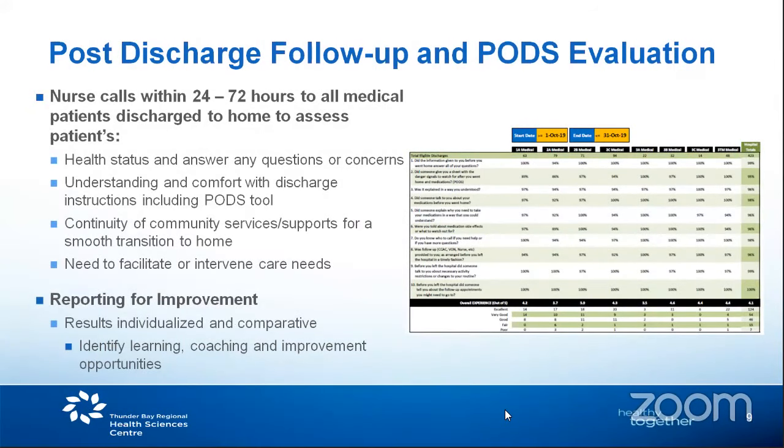So some of the breakdown of what we found in our evaluation of our post-discharge follow-up program is that first, the process is that we call our medical patients discharged to home, regardless of the unit where they were discharged from, within 24 to 72 hours. We may have medical patients on surgical floors, so we want to make sure that we connect with all of our medical patients to ensure that they have the proper education and tools they need to have a smooth transition home. We document the intervention in our electronic medical record, and the purpose of the call is to